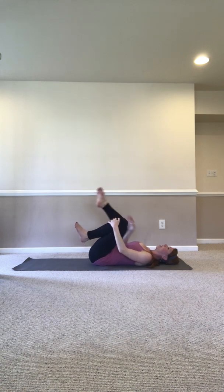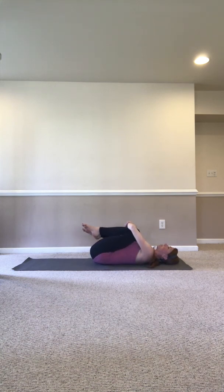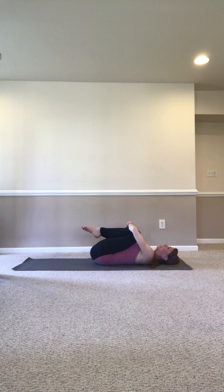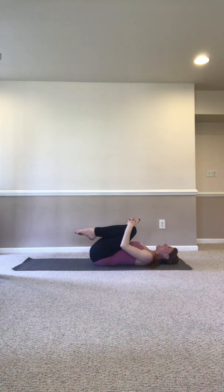And then from here, let's just hug the knees in towards the chest and just rock side to side. And just taking a couple deep breaths there. Inhaling and exhaling. Fantastic work today. This was a hard workout, so thank yourself for giving yourself the time and the mind-body awareness today. Take an inhale and